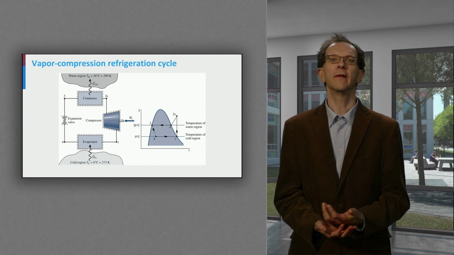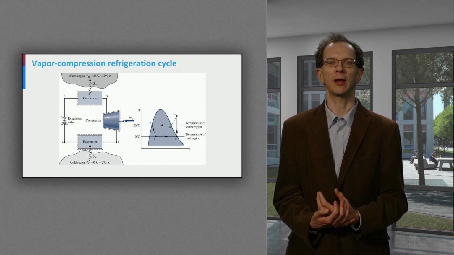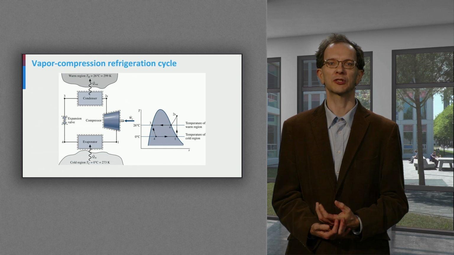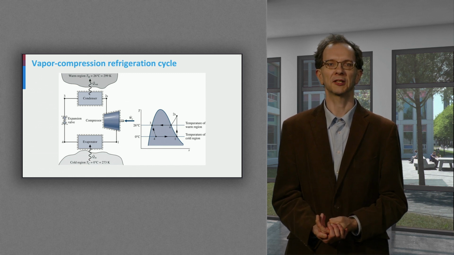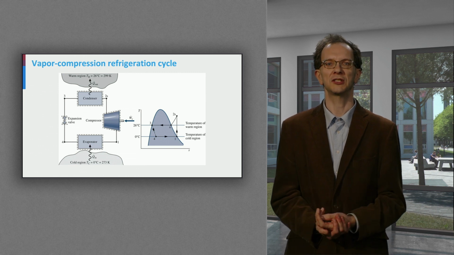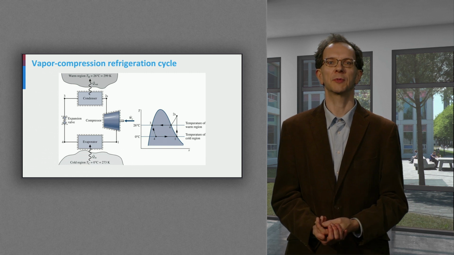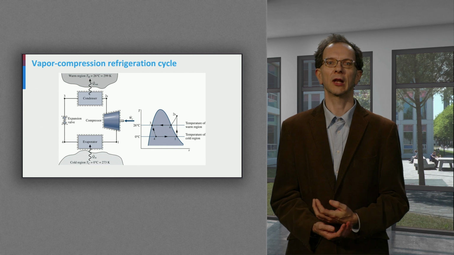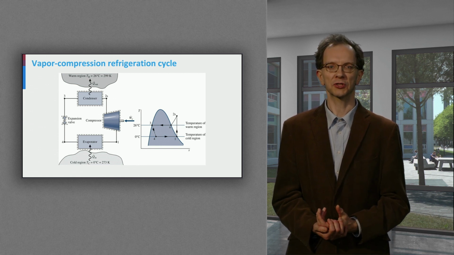At point 1, the working fluid is a saturated vapor. The working fluid is compressed, preferably adiabatic and reversible, so this means isentropic, to a state 2S. This compression requires mechanical work. If the compression is isentropic, the line connecting 1 and 2S is vertical as the entropy is constant and the temperature increases according to the first law of thermodynamics.